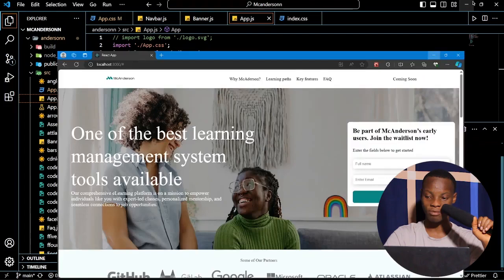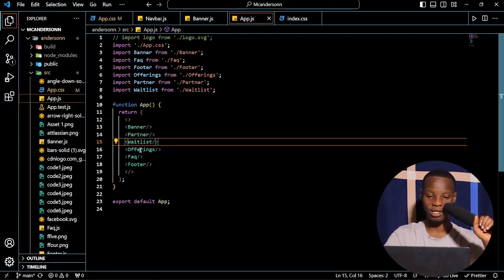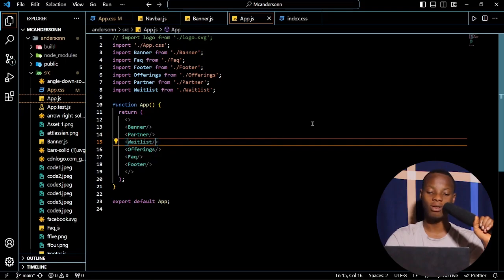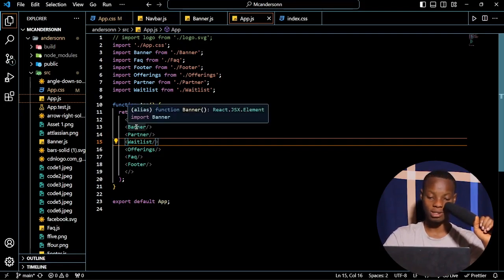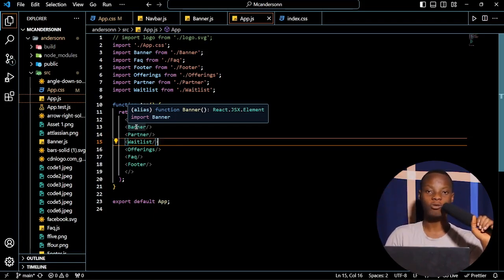So let's look at the navbar. If you notice, you're not seeing anything like navbar here at all. So each of these, what will I call it? Let me just call it tags for people to understand. Let's just say each of these tags here are actual components. In React, each file is called a component, so each of them are actual components that now stack upon each other like that, so that in React you can actually